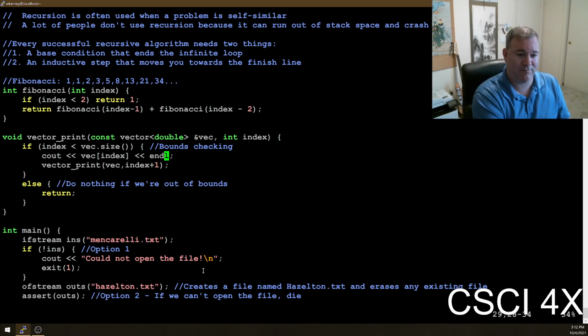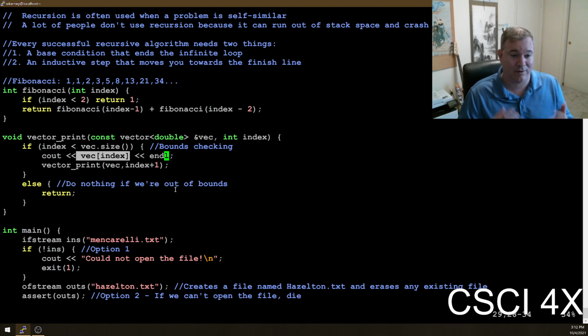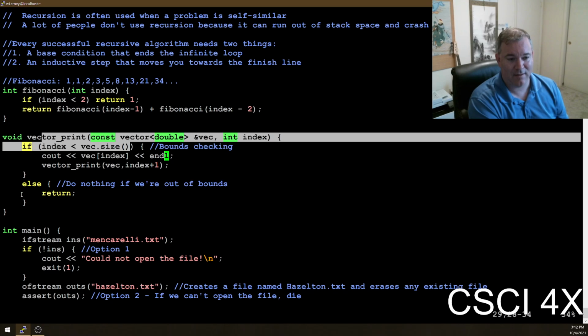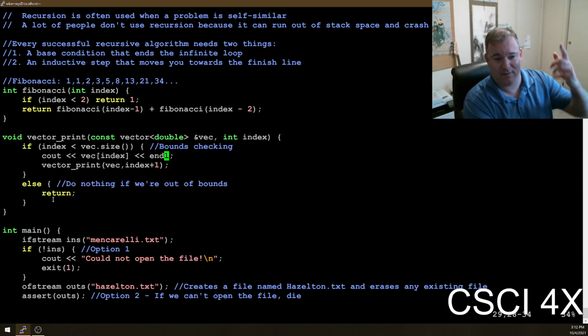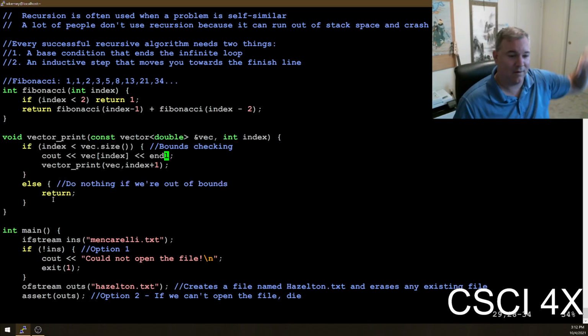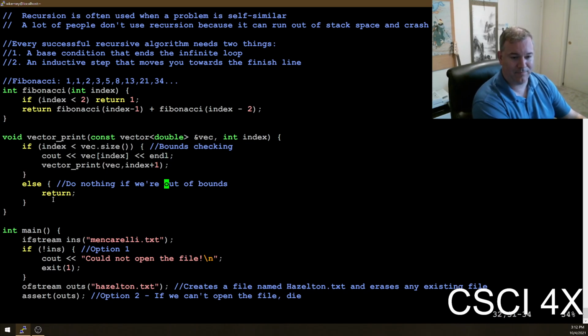And then it's going to print vector.at(1). Then it's going to recursively call itself again and do vector.at(2), vector.at(3), vector.at(4), 5, 6, 7, 8, 9. And then when it gets to index 10, 10 is not less than our size of 10. It does nothing, it just returns, and then that returns, and then that returns, and that returns. And in fact, we don't even need to do this.